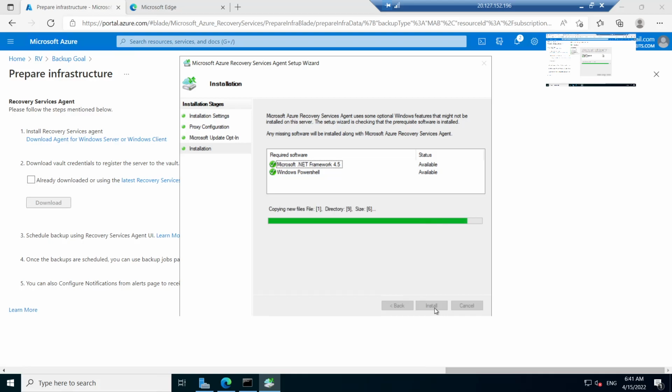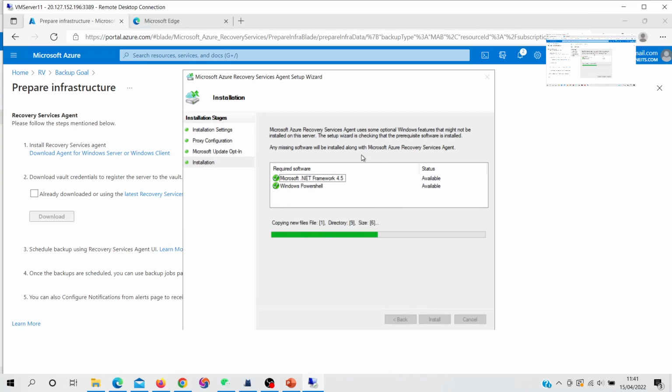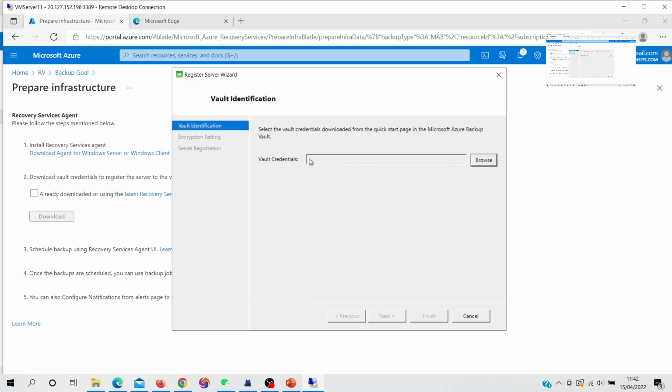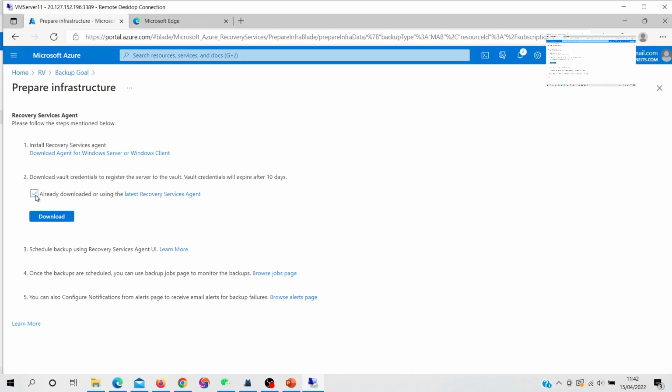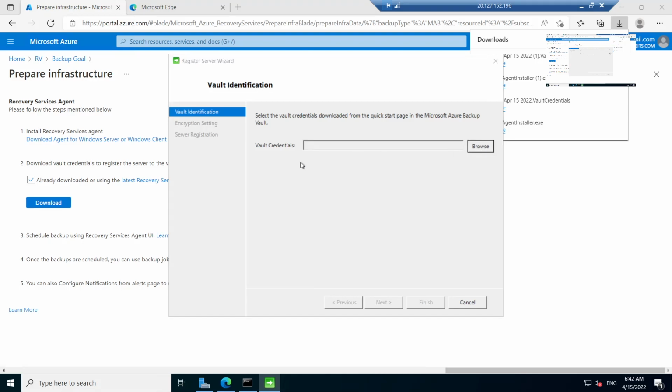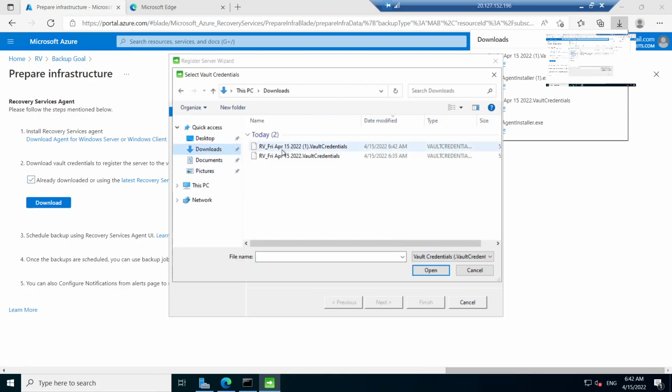So let's finish this first, and these all are under the virtual machine. The things are running under the virtual machine, so keep this in mind. Proceed to registration, and for this you need to download this file and download. Once it's downloaded, then you can simply browse this file and run. So this file,